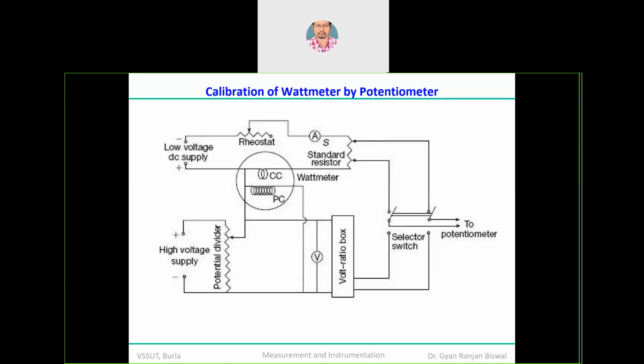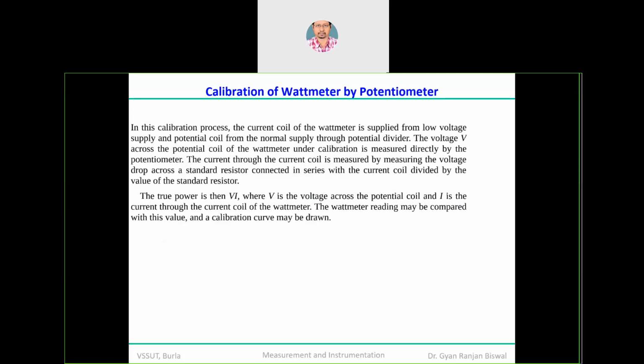On the other hand, as far as the current is concerned, it is ensured by a low voltage supply, because high current, low voltage. Remember, okay? So this high current supply is connected through the selector switch to the current coil CC of the wattmeter arrangement, where the standard resistor is connected on the right hand side and the ammeter is connected in series to the rheostat or variable resistance. So that's how you will be able to calibrate the ammeter, and the voltmeter.